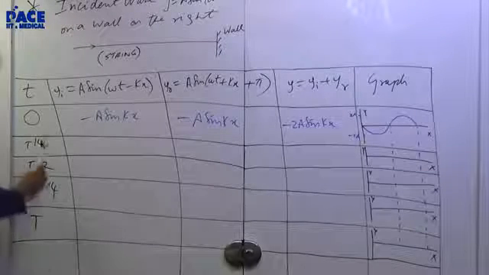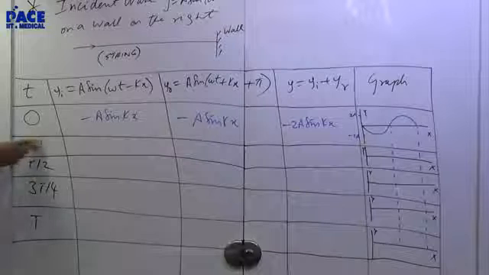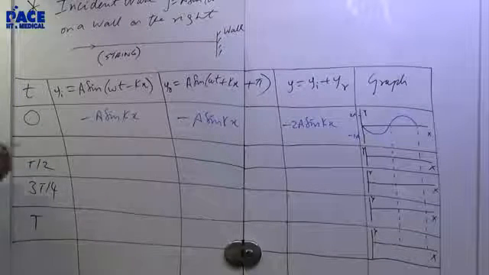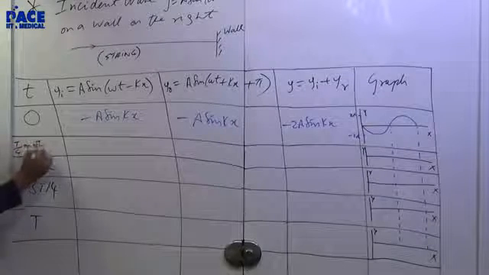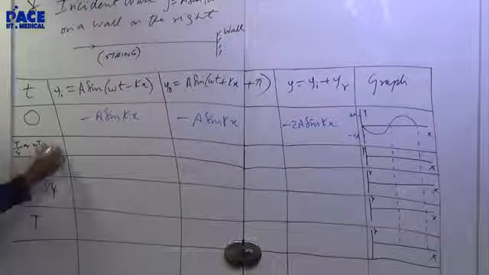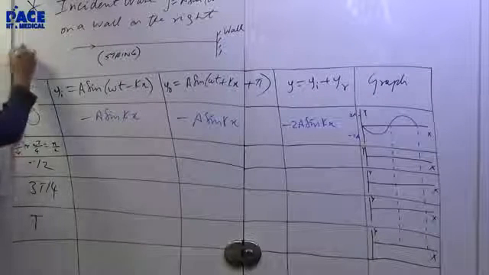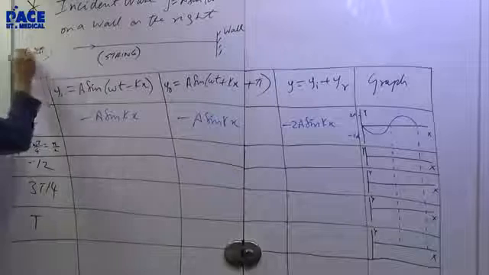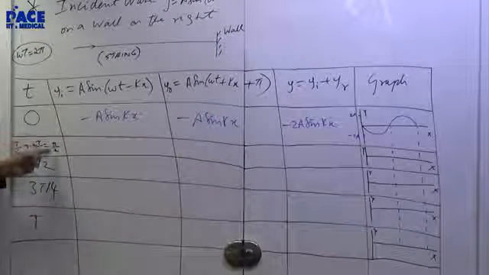Next, what do we do? T by 4. T by 4 means what? What is omega t by 4? Omega t by 4 is 2 pi by 4. This is pi by 2. Omega t is 2 pi. Understand this? Yes, sir. So omega t by 4, if you write pi by 2, I'll have to put pi